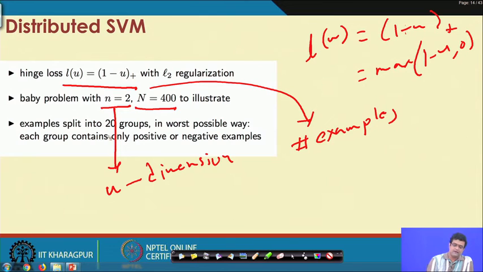The examples are split into 20 groups. So this is the scenario and this is the problem that we are solving.